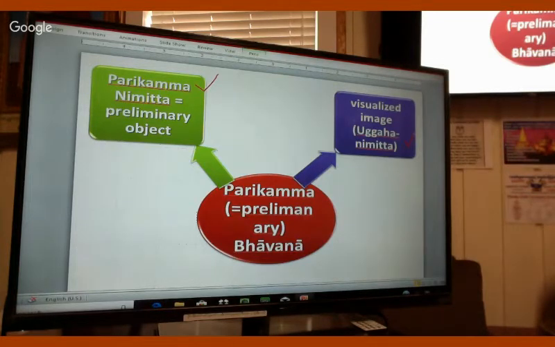First, you notice the air coming in and out. Later it changes into a virtual image, different for each person. For some persons it is like a very small thread going in and out. For somebody very subtle, it is like cotton going in and out. That is the virtual image, not vipassana. If you practice like this, you are not on the way of vipassana. You are on the way of samatha only. You need to understand like this.